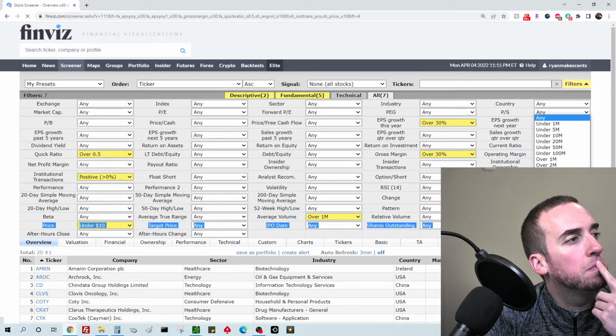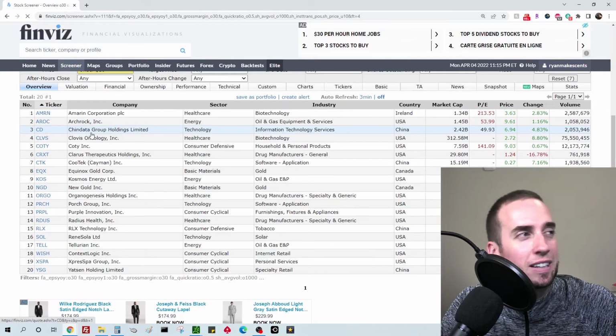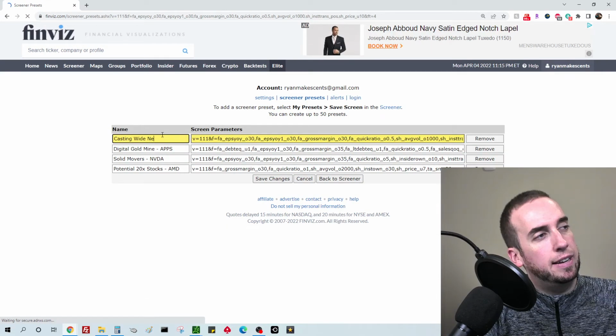Wow, what's on here? Soul, Amarin, Orgo. Oh my God, all these I've got 10 baggers on. Oh man, okay. I got purple too. Okay, so this looks very good and broad. Let's run with it. Let's save this as casting wide net for gems. Okay. All right. So now that we've got our screeners, we are going to want to catalog these